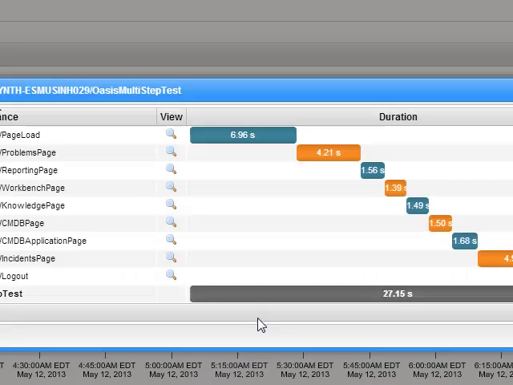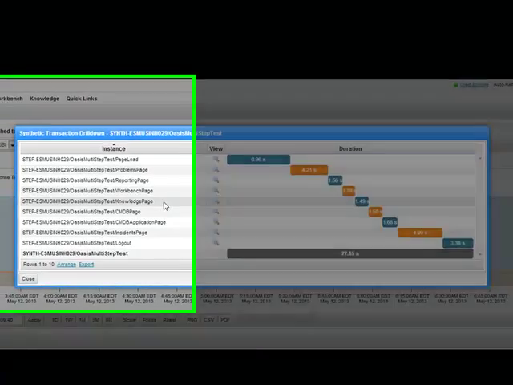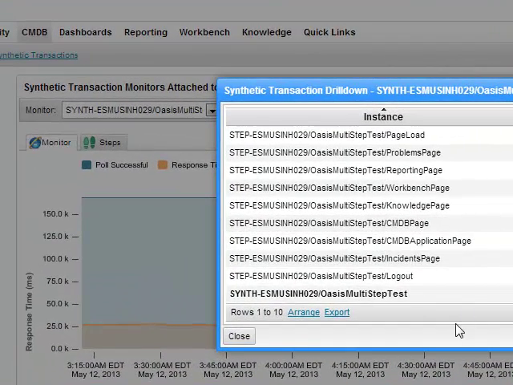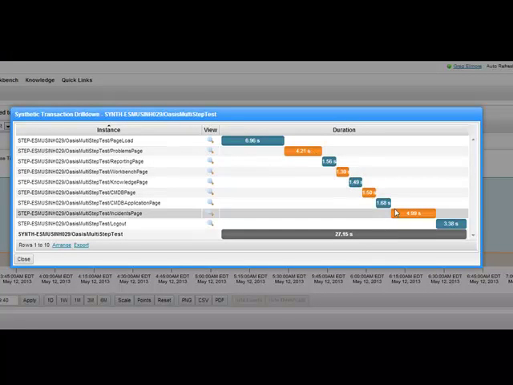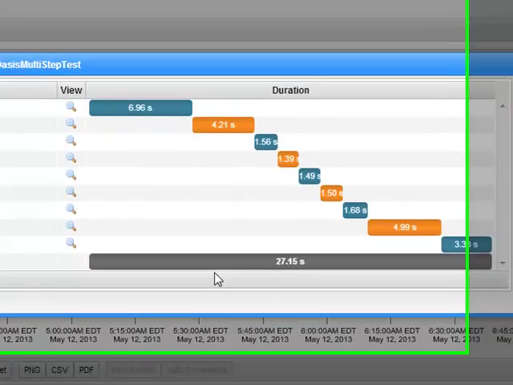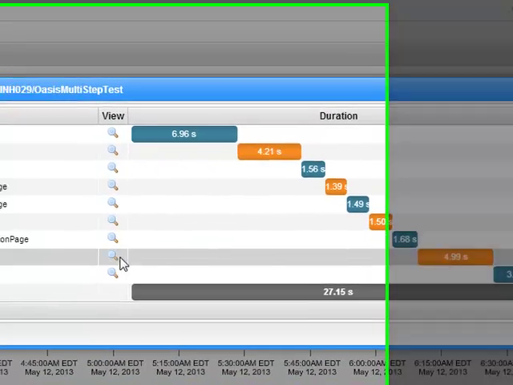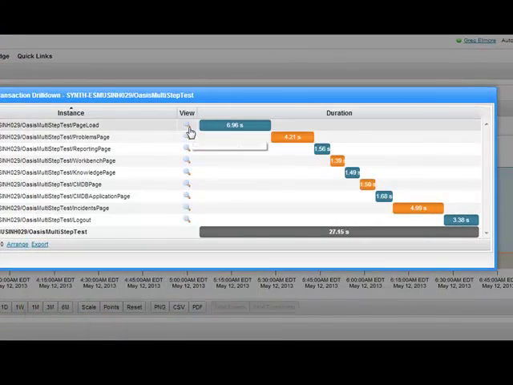You can then double click on any data point and it will bring up the steps of the transaction that you are recording. In this example, what I am seeing is that there are actually 9 steps to this transaction. Here are the response times of each one of these steps at that point in time, and at the bottom I can see the overall performance of the transaction. When I'm looking down through here, I see that there's a 6 second, a 4, and a 4.99. At any point, if I'm interested in seeing what was taking place during that time, I can click on the magnifying glass and it will pop up the code for that,